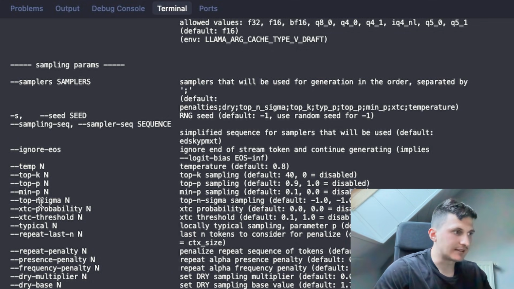Also things like top K, which determines among how many of the tokens with the most probability mass the model will actually decide to sample the next token. So if you increase this, it will take into